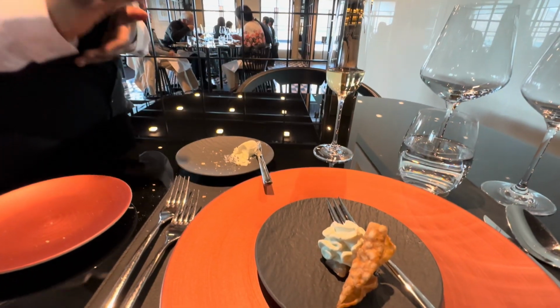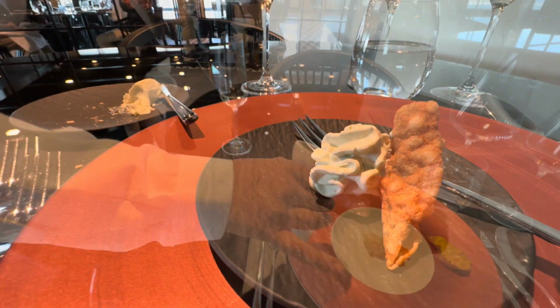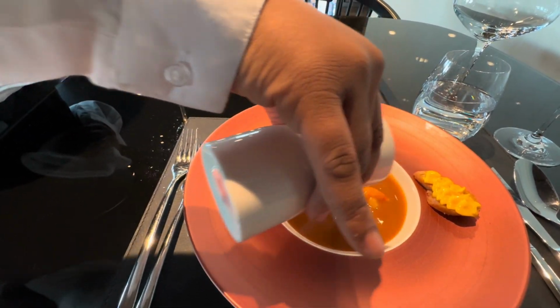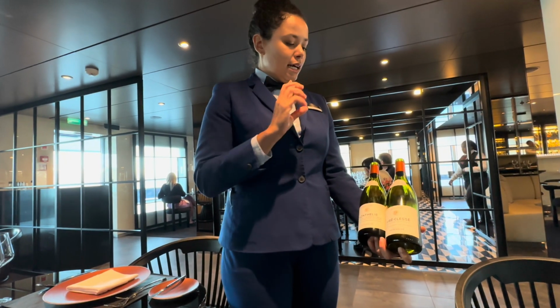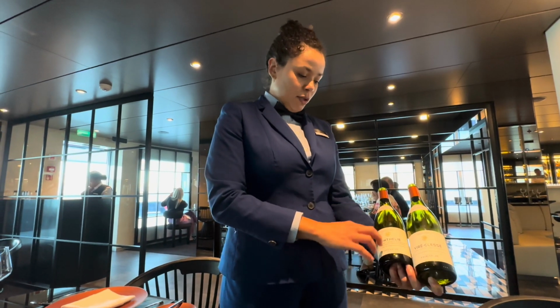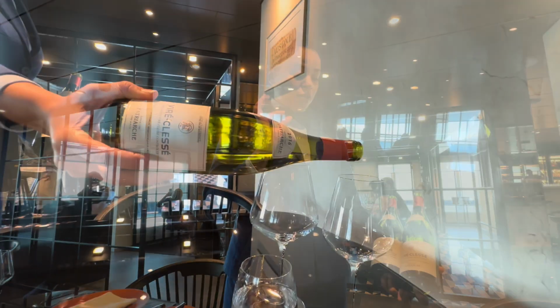You start your courses. You've got tarragon foam, some tuna, and you also have a lobster cracker. That way your base with some shrimp, scallops, and some calamari. You also have your crostini, which is the small bread with some saffron. Here we have a Vieille Classé, so that's a Chardonnay. 100%, it's going to be a very crisp style of Chardonnay. It is a little bit buttery. And the Montelier, it's a Pinot Noir, same vintage, 2016. Very earthy, very...